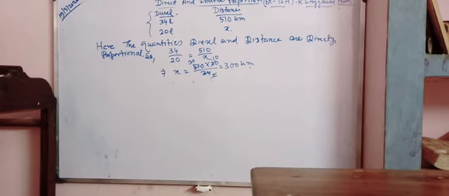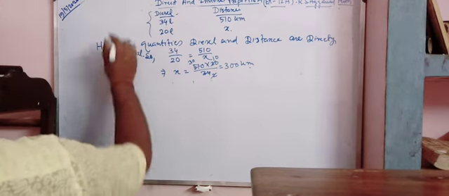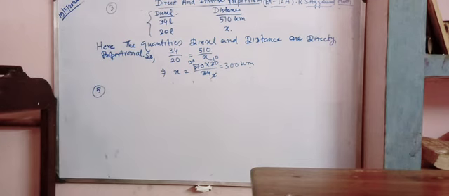Then question number 5 is also direct proportion, so I am skipping that. Next, question number 6. 18 dolls cost 630. How many dolls can be bought for rupees 455? So that is also direct proportion. Actually, all of exercise 12A is direct proportion. So question number 5 I am solving.